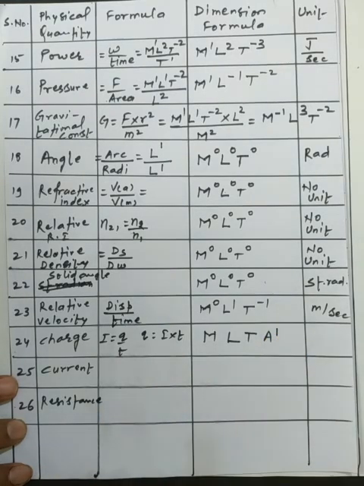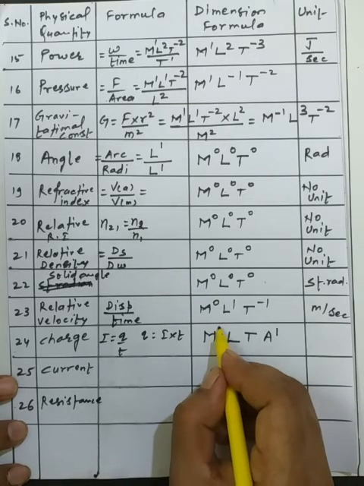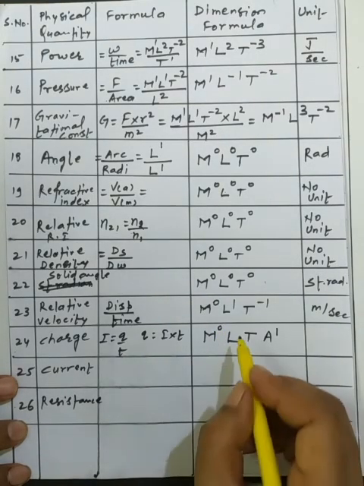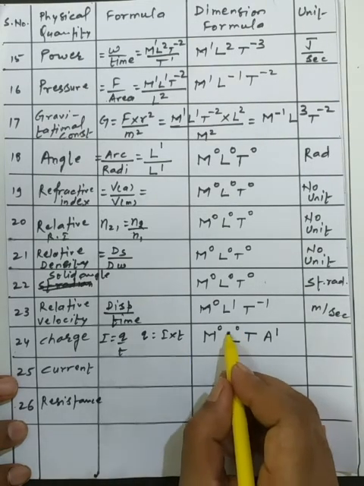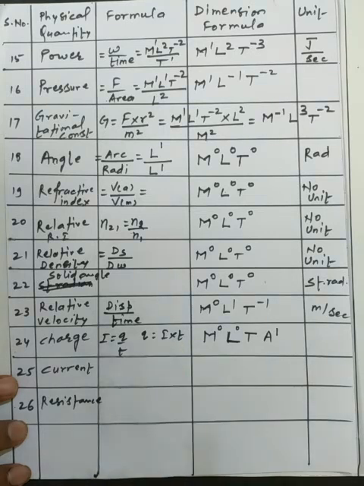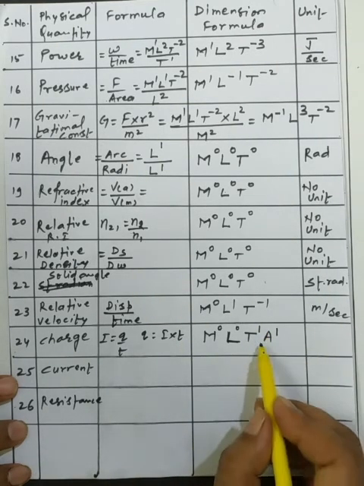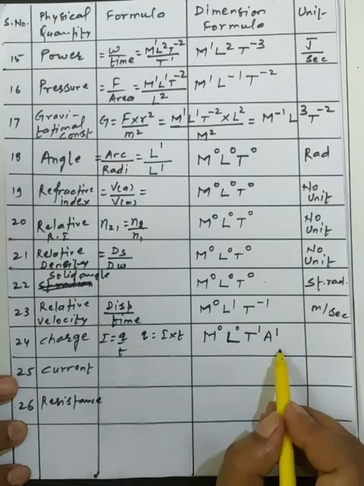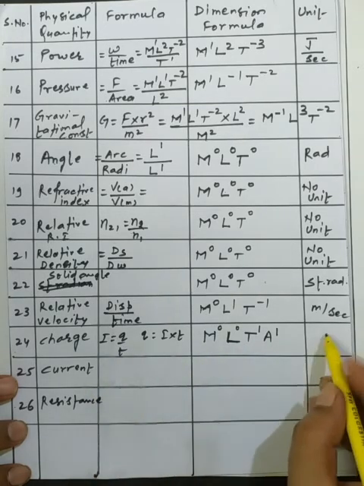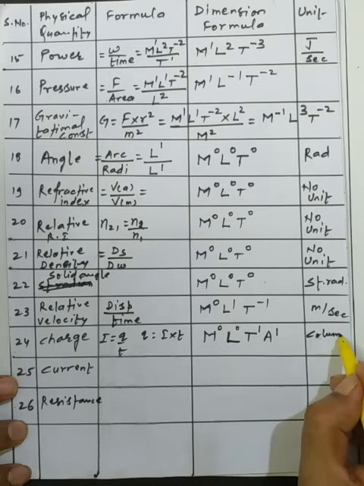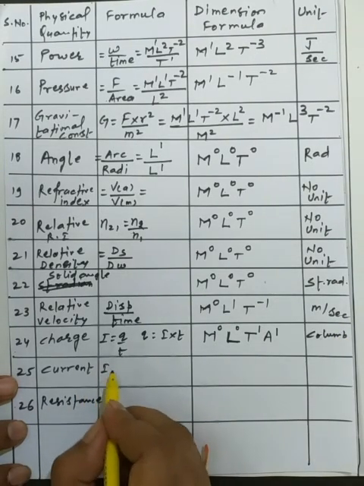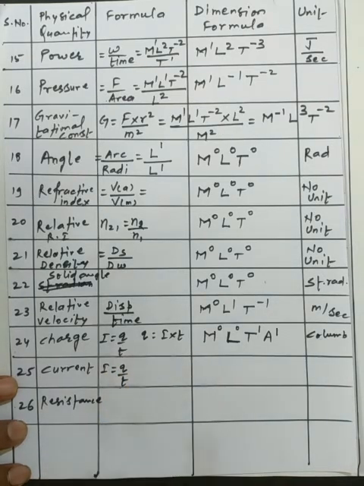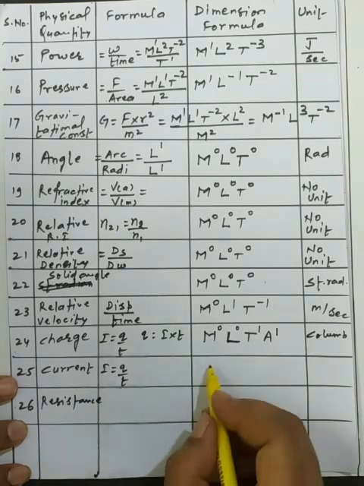Electric current has its own unit, called the ampere, and the mass parameter is not there, so we write M0. Length is also not there, so we write L0. And time appears once, so we write T1. This is the general dimension formula of the charge, and we know the unit of the charge is called the coulomb. In the 12th class we will repeat this. Now electric current: easily we know that I is equal to q by t. Whenever we resolve it, it gives us the fourth dimension.